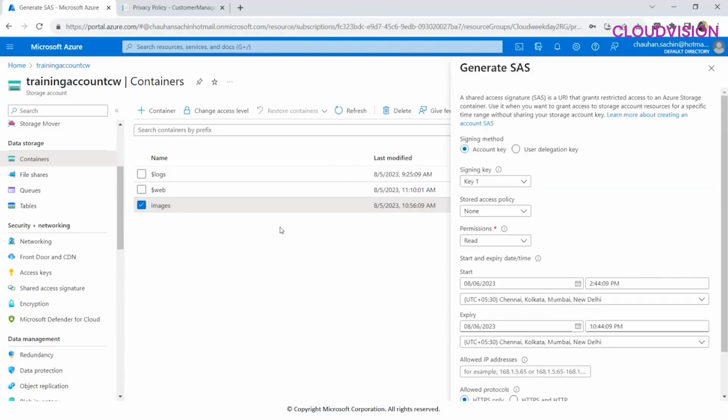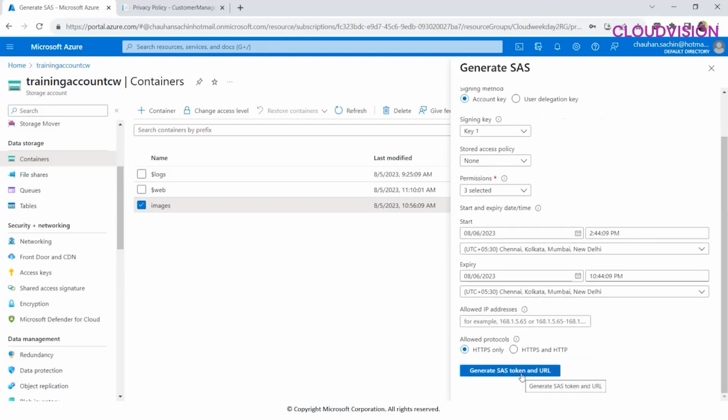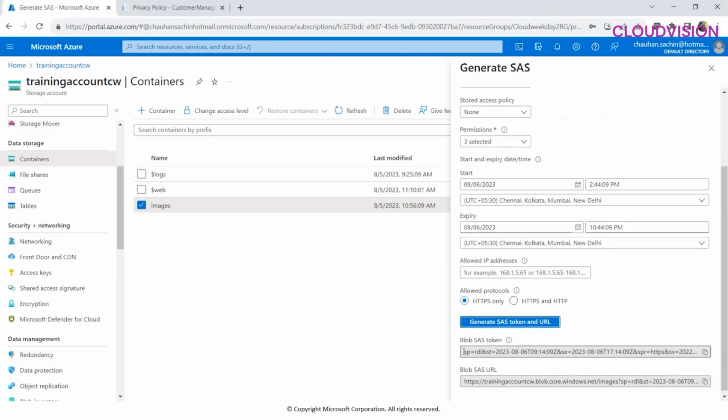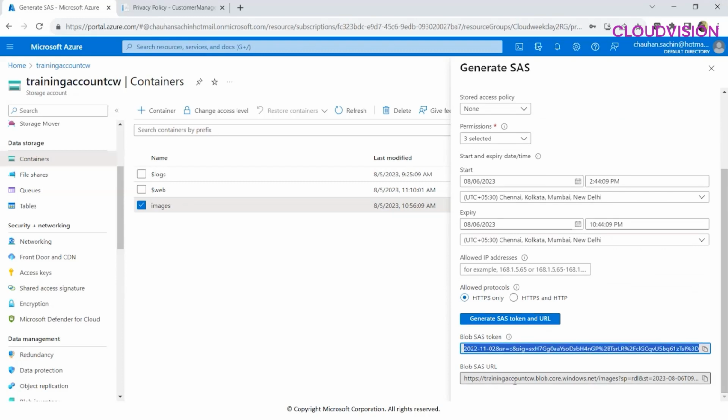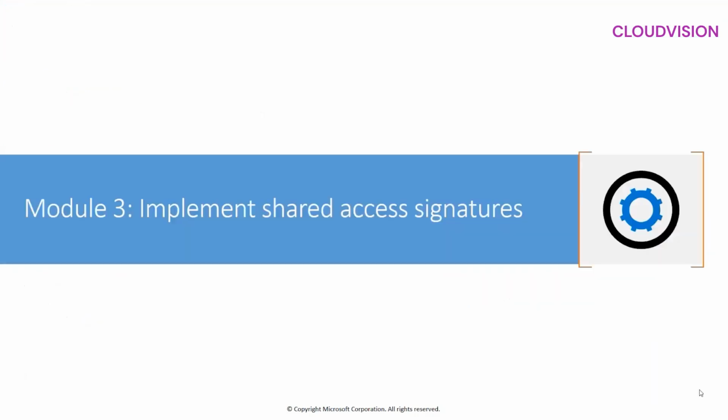So maybe if you are accessing this container, specifically this container, I can say that I would like to give you read and delete and list permissions. I have added one more permission, right? And then this token is valid from this time to this time, exactly the same. And I say generate SAS token and the URL. So this is the token that is generated, which you can add at the end of your URL, right? This is the URL. So if I copy this URL and I put it here,